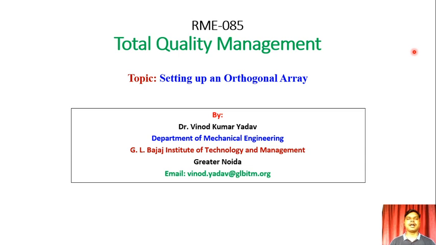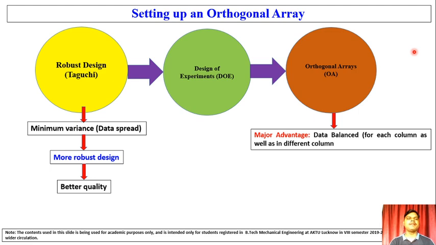Today we'll discuss how to set an orthogonal array to be used for any design of experimentation. So we'll recapitulate the facts based on robust design as proposed by Taguchi. Dr. Taguchi proposed to use a robust design, so that design has to be taken care of during the process of initial designing itself. So he does not believe that the design may be corrected at the inspection, and that robust design will reduce the variance, if any, in the data. So that will minimize the data spread. That is the main benefit of using a robust design.